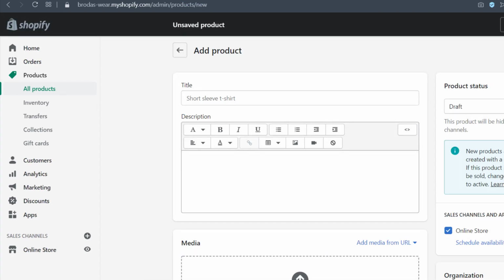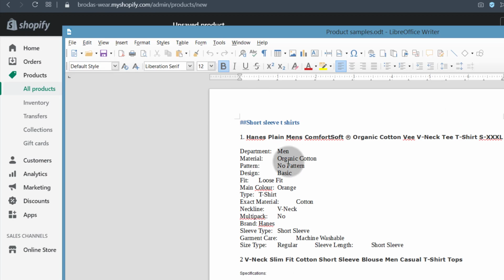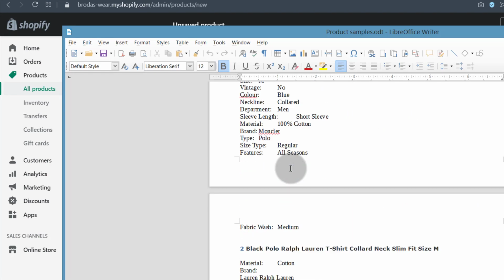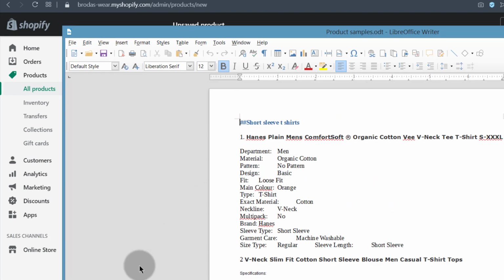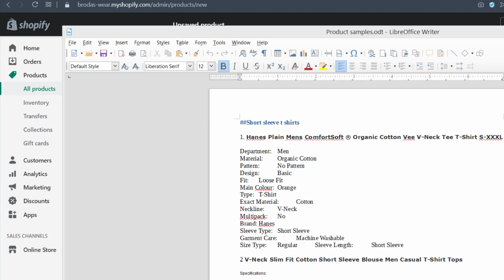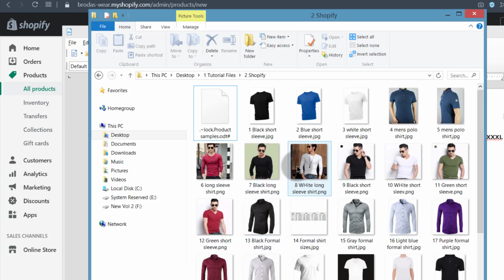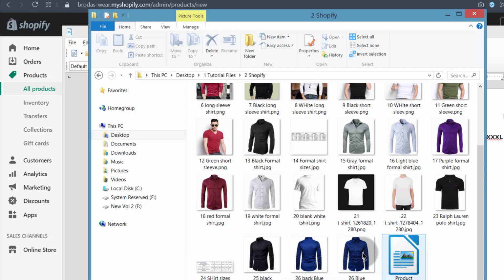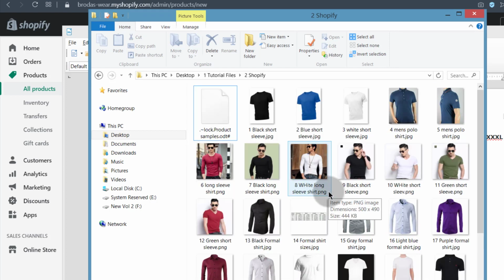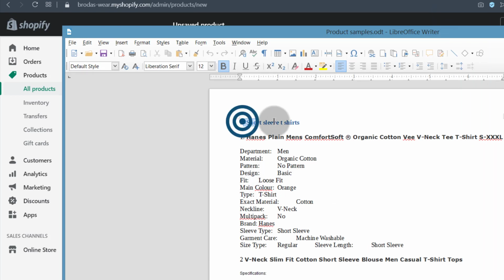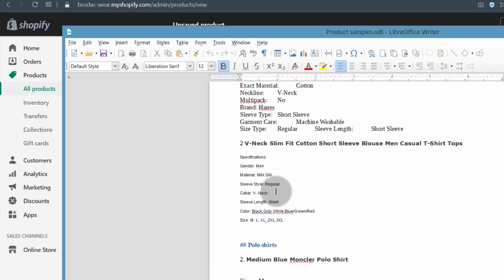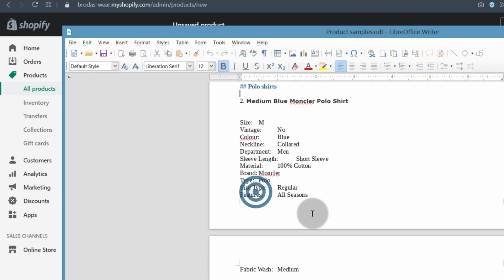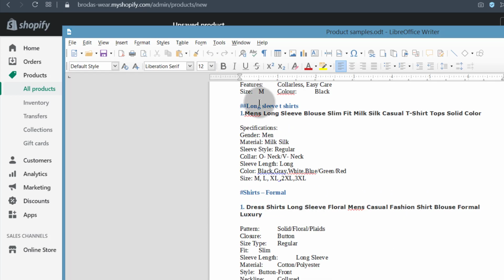And I do have this sample content. This is just sample content that I'm going to add for my store. And my store, as I said, is going to be a menswear store, and I'm only going to add very few products here, just t-shirts and shirts, and that's it. So just to have a sample of variations, this is what I have. I'm going to have short sleeves, and I can have polos as well, and I can also have long sleeve